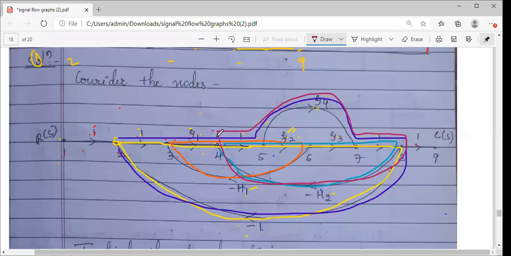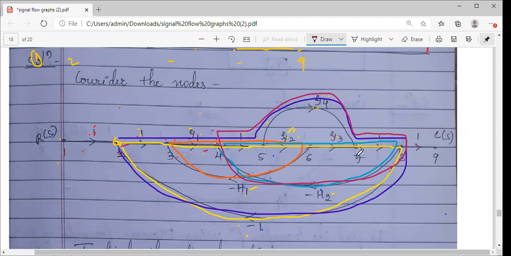So totally I have drawn all the 5 loops here all together with different colors. You can see कोई भी 2 लूप्स ऐसे नहीं है, नॉन टचिंग लूप्स आपको नहीं मिलेंगे, क्योंकि वो हर एक लूप you can see फॉरवर्ड पाथ से टच है, कनेक्टेड है. You try to see nodes are overlapping, नोड्स कॉमन हो रहे हैं for every loop.